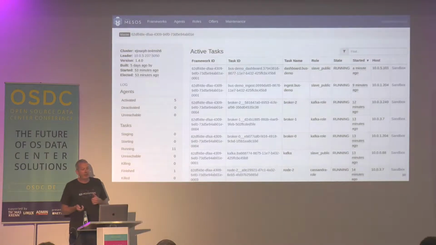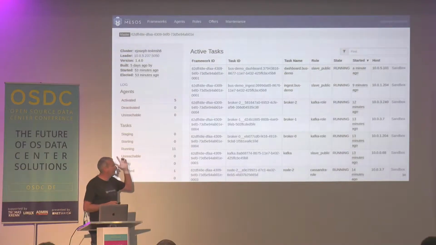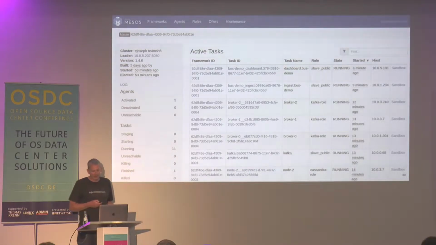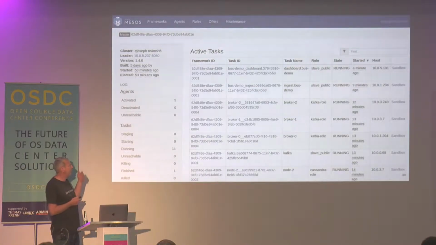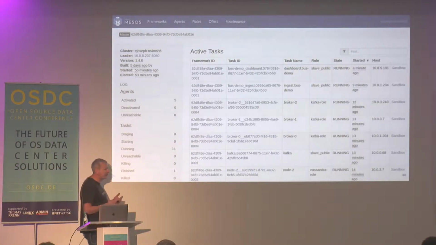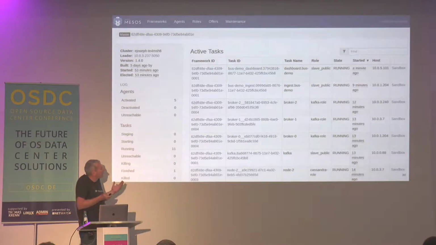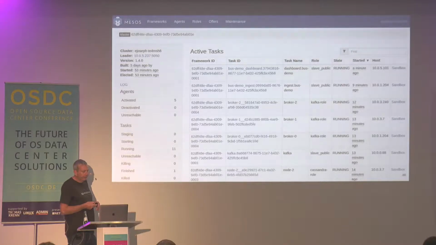So Mesos is primarily API-driven, does have a UI, but as you can see, it's not massively user-friendly. It's a bunch of UIDs and stuff. I can't really tell what's going on in my cluster. And there's a bunch of things that we'll come on to later that Mesos doesn't give you natively. And we don't really have much real insight there.